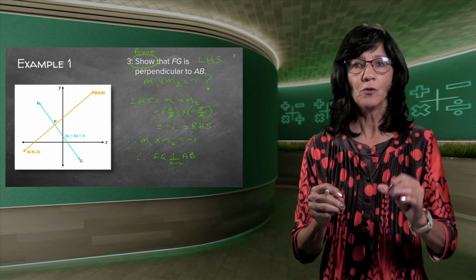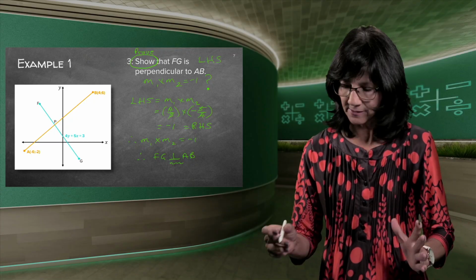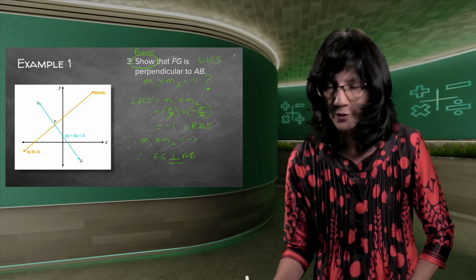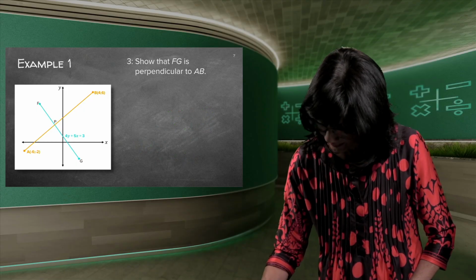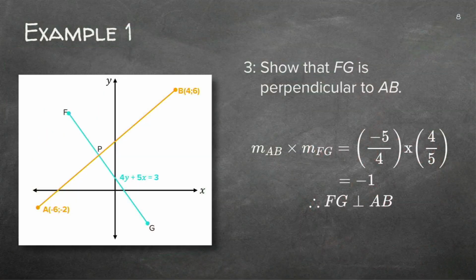Good. How did I do show or prove? I did only one side at a time. Never both, because then you're going to get 0 for the whole thing. Good. I actually need to leave that there. So let's just quickly do that. I'll do that on the answer. Again, if you've redone it on your own, you will see that you've got the right answer. I'm just going to show you. If they say the word show or the word prove, because you need to remember that, do the left-hand side separately. Sometimes it's the right-hand side, but you only do one side at the time. Most of the times it's the left-hand side.